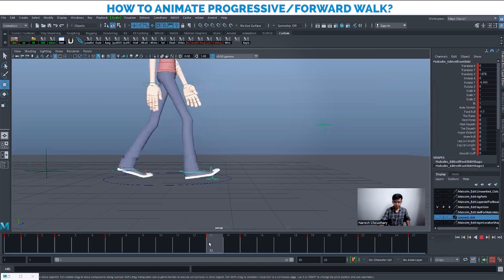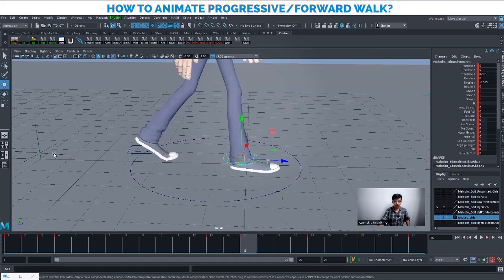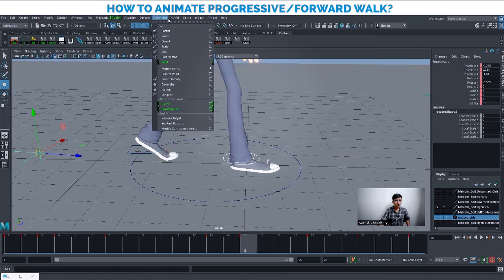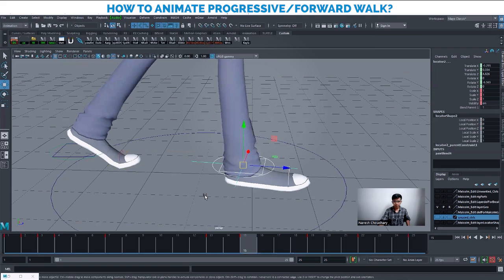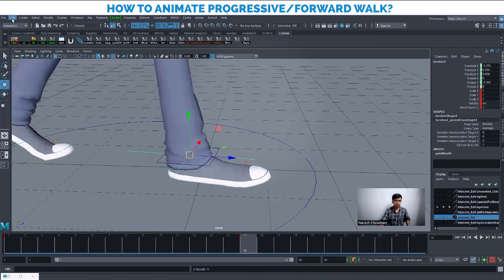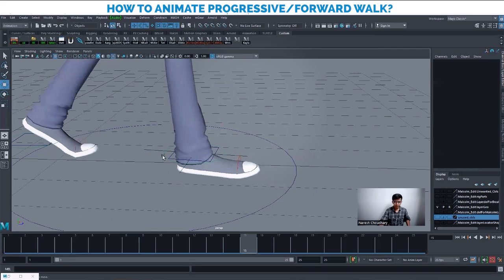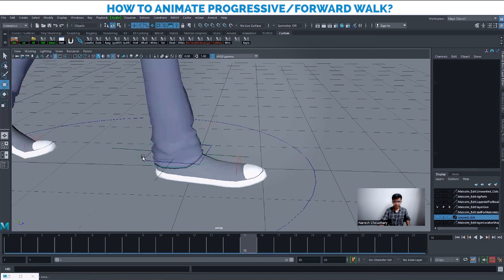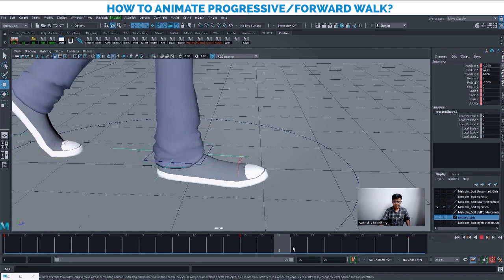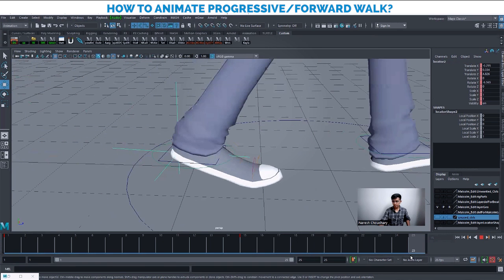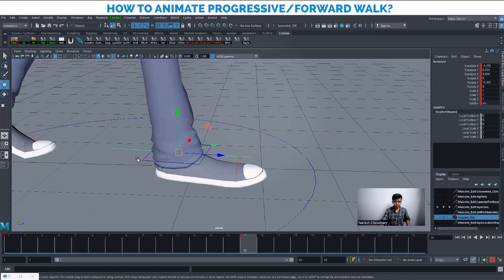Now here on 15th, we want it to be locked. First we'll check whether I'm having a constraint or not. Then I'll go to this constraint, parent, just to see or get the position. Then again, you have to delete the parent after hitting a key, delete by type, constraints. And now do the reverse parenting. Make the locator the parent and the leg the child, because we want the leg to be stable here. So locator parent, this child,